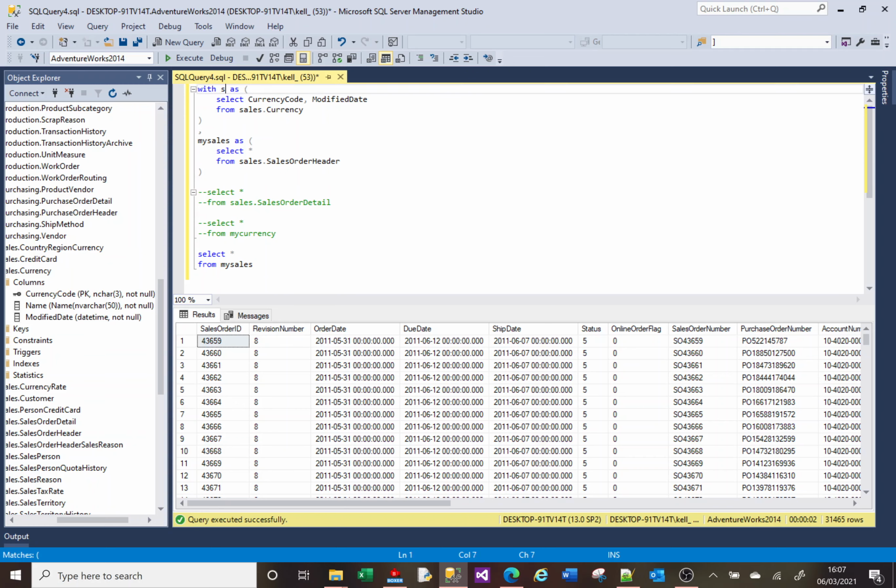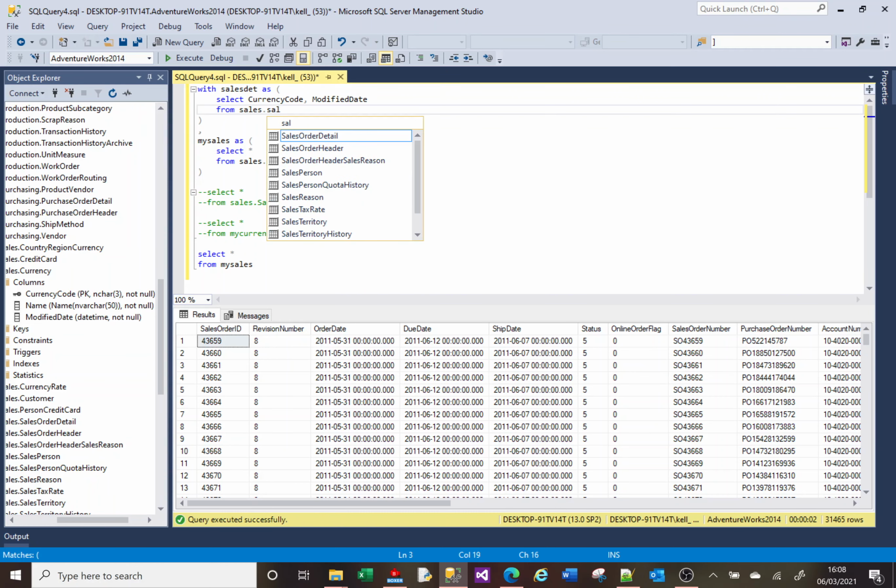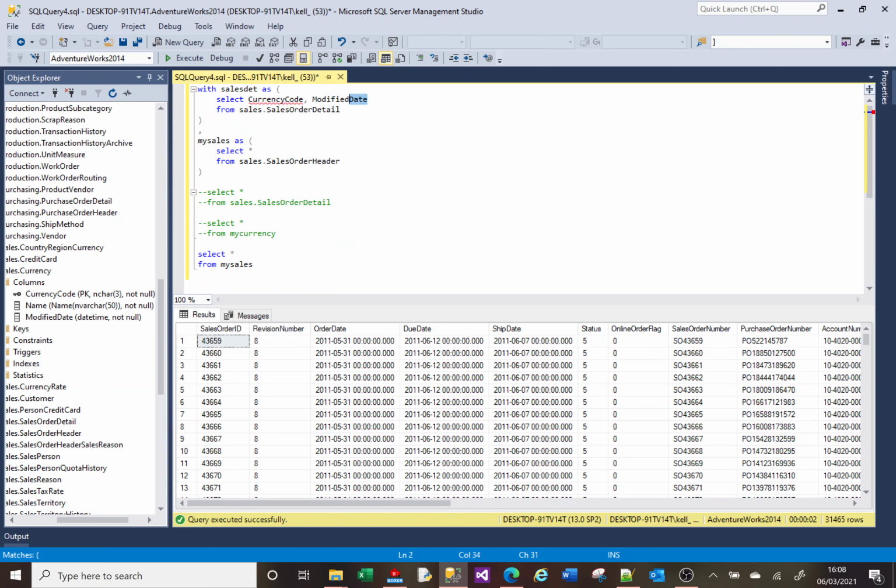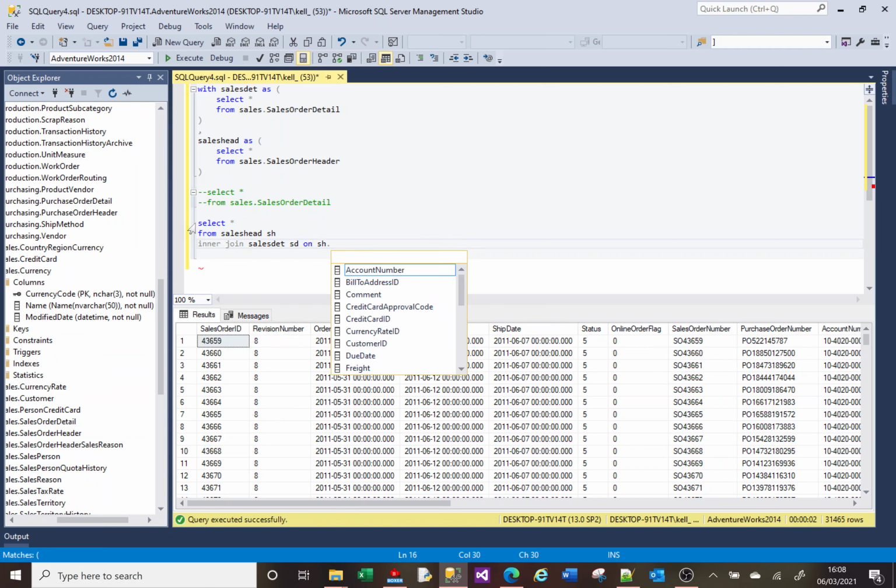So what you can do here is you might have something. Let's just do sales detail, and we'll do sales order detail, and we'll just do select star. And here we'll call this sales head. Sales order header select star. So we've already got that. So what you now can do with your CTE created there is you can say select star from sales head first of all, inner join sales detail on sh dot equals